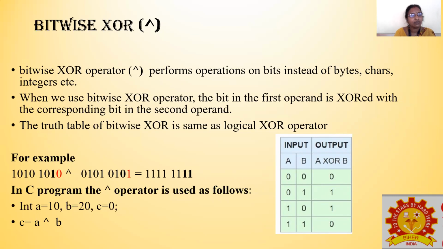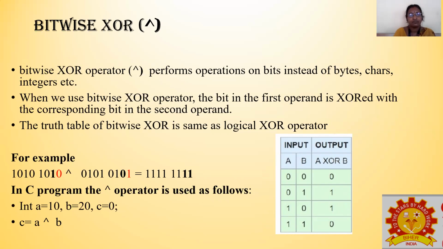Now consider the integer bit representation of the first integer, 1010, and the second integer, 0101. You apply the bitwise XOR on the respective bits to get the answer. For example, the leftmost bits of both integers are 0 and 1, so 0 XOR 1 will give you 1. Coming to the next bits, 1 XOR 0 will also give you 1. So like that it will go on.